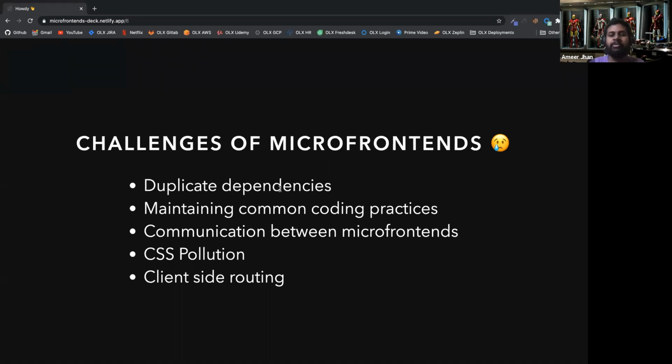First thing is obviously duplicate dependencies, right? Let's say you have two teams and one team decides, okay, let's use Moment.js because we are comfortable with that. The second team thinks, okay, I'm not going to use Moment because day functions is new, shiny, and modern, so I'm going to use date-fns. Another team says, no, I'm not going to use any dependencies. I'm just going to use the normal JavaScript Date constructor.